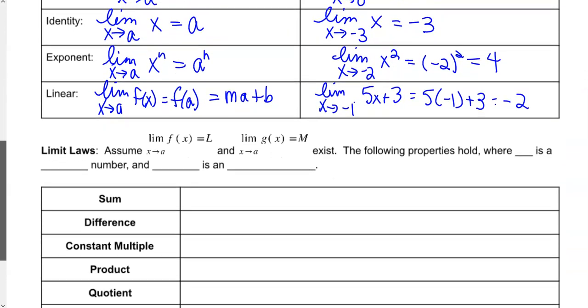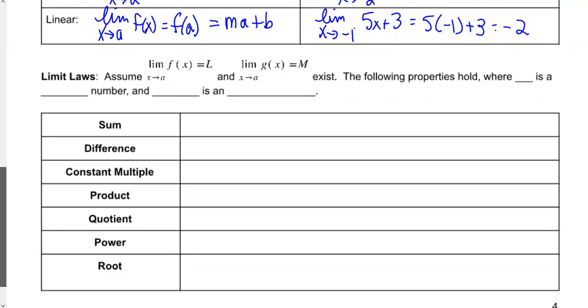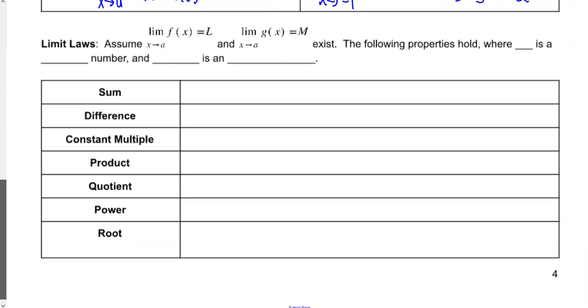Plug that a value in, see if you get a value out. But we also have some that end up with different operations within a function. So how do we handle that? I'm going to assume that the limit as x approaches a of f of x equals L, and that the limit as x approaches a of g of x equals M, that they exist. They have valid numbers, L and M. The following properties hold true where c is a real number